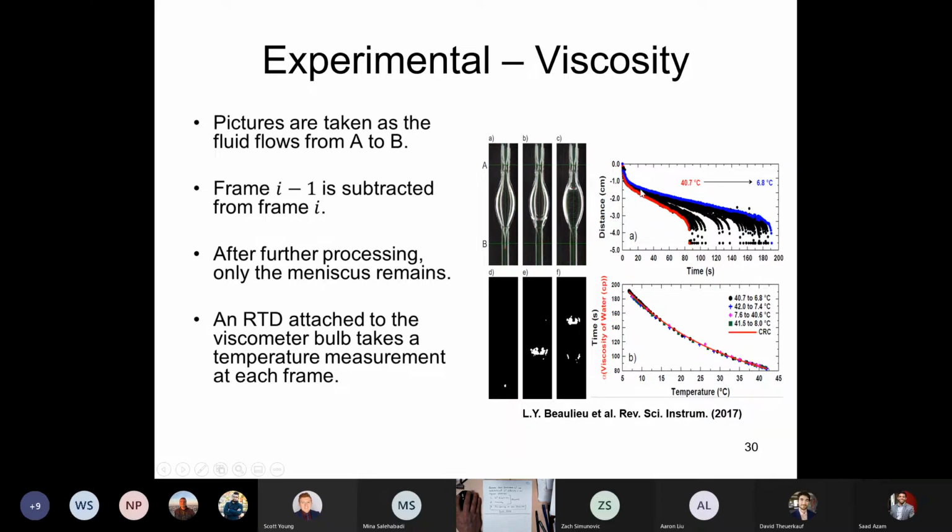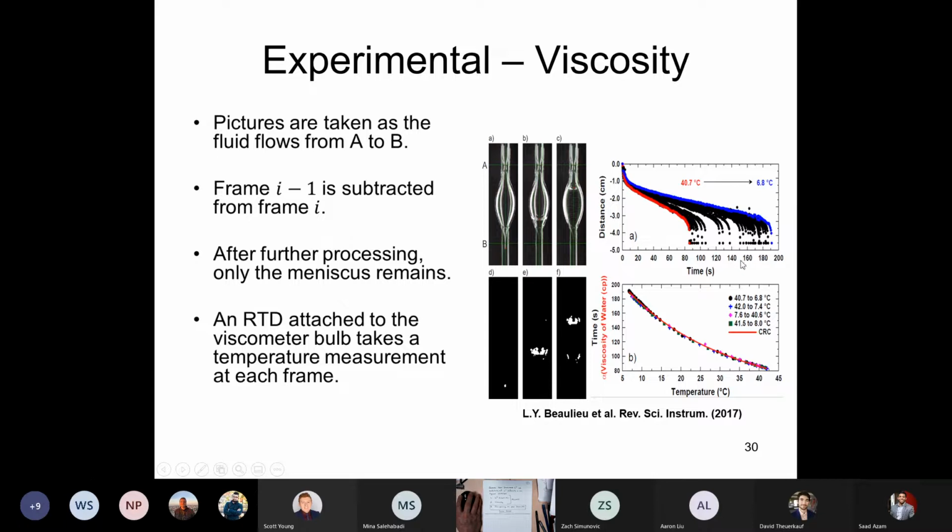And this just shows you the position of the meniscus versus time, where the time it takes to go from A to B is being measured. You're at A at this point, you're at B at this point. So for the red curve, it takes about 85 seconds to go from A to B. And then as the temperature was swept, these curves were continually measured. And by the time you get to 6.8 C, you are taking almost 200 seconds to go from A to